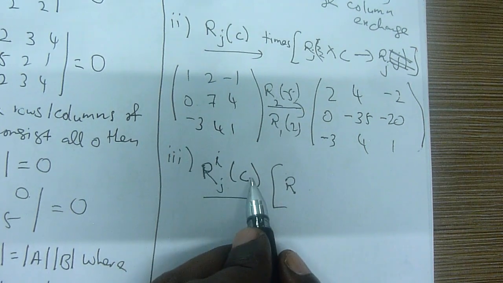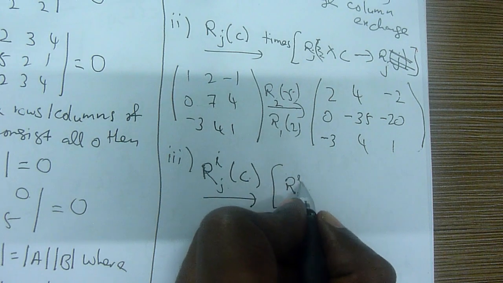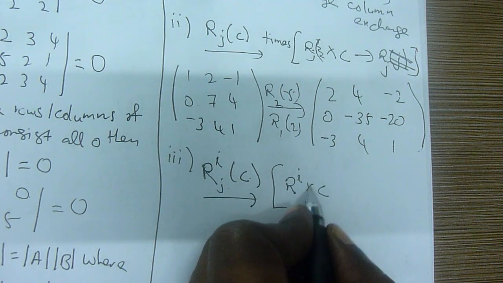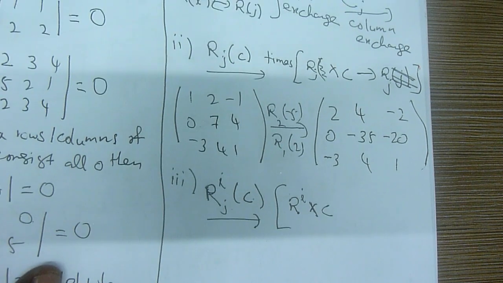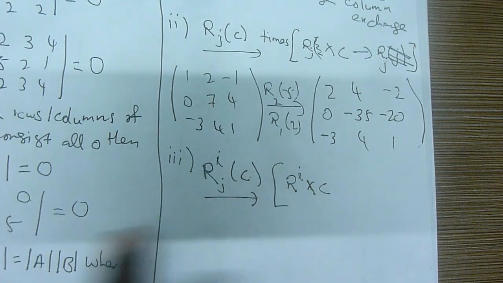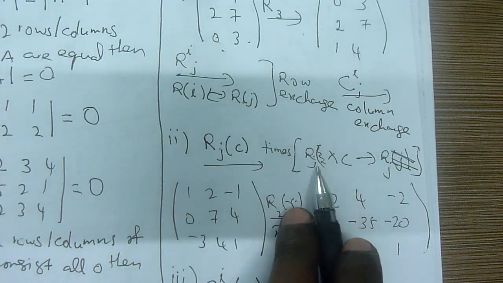But in this particular case, we just choose Ri. I choose Ri times the C. Can we make it one convention to ourselves? But most of the linear algebra books follow this way. That's why I don't want to challenge them, because when you read the book, you can understand things. You just follow the convention. That's it. My worry is I can change this J and put it up here.